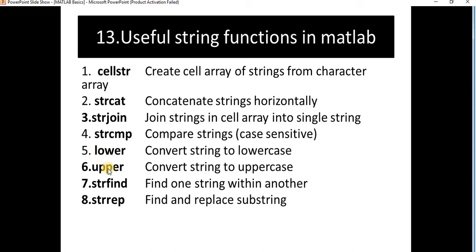If you use this function or this command, upper, it will convert the string into upper case. You can use lower and upper as a command as well as a function. Okay. strfind finds one string within another string. strrep will find and replace the substring. Okay, these are some useful functions used in MATLAB.